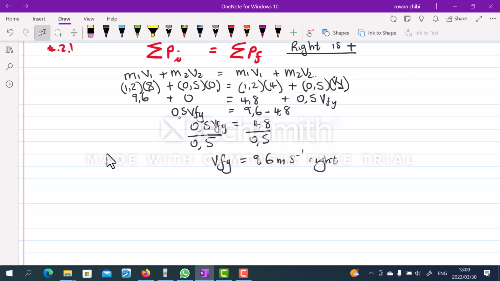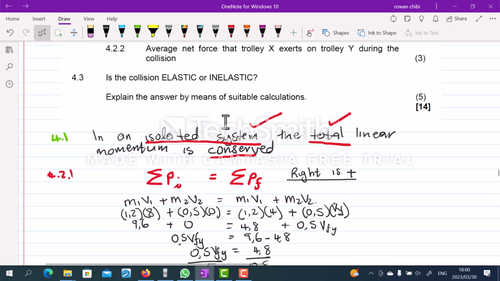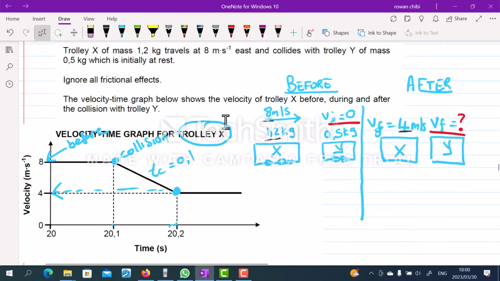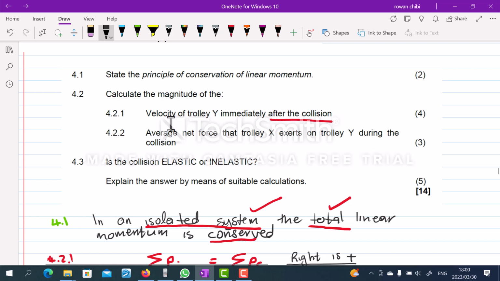So that is 4.2.1. That is the velocity of trolley Y. Let's write it here. The velocity of trolley Y is 9.6 meters per second. So the following question says, now calculate the average net force that trolley X exerts on